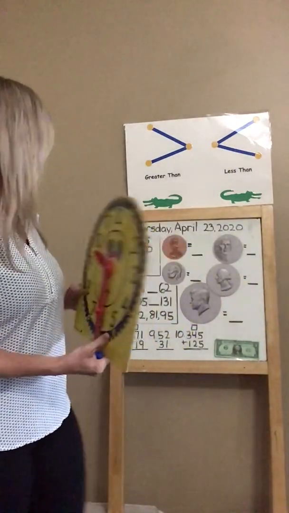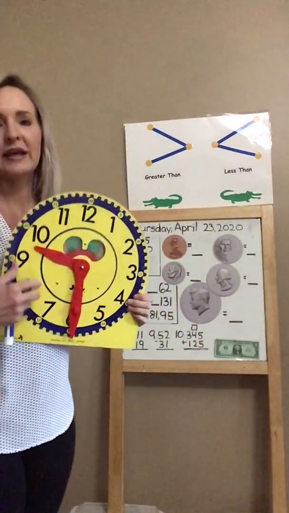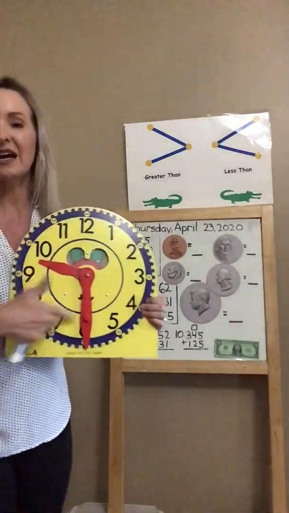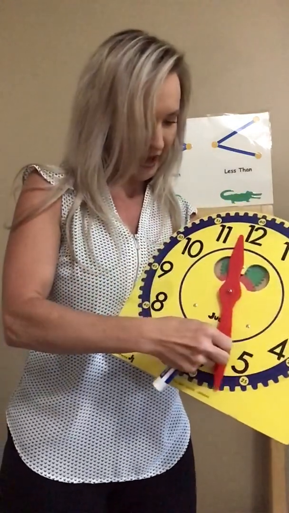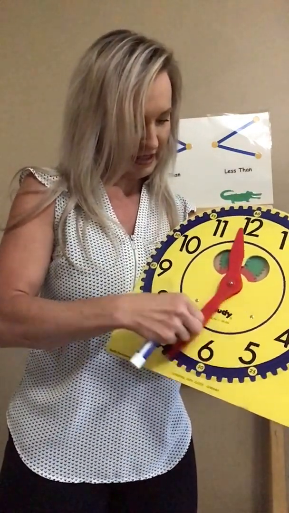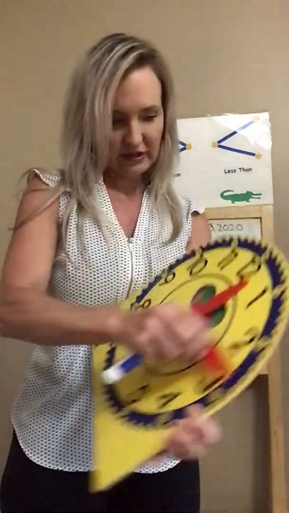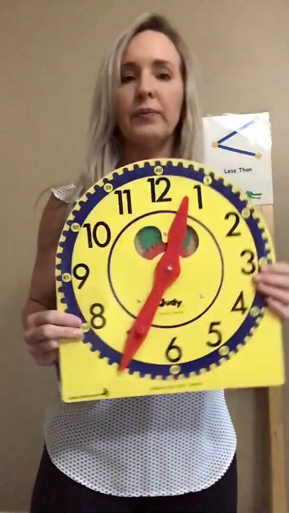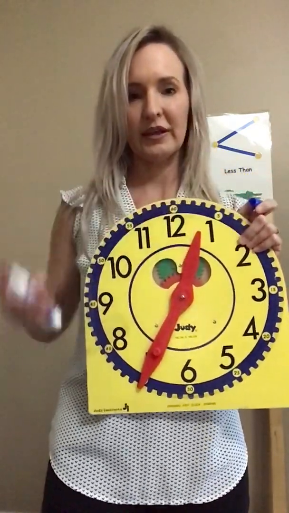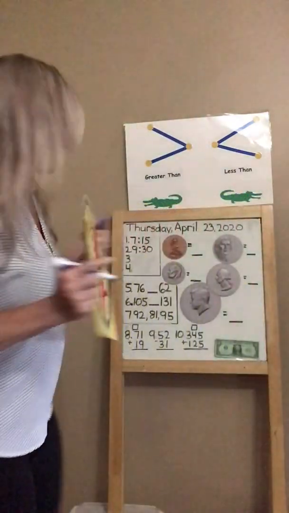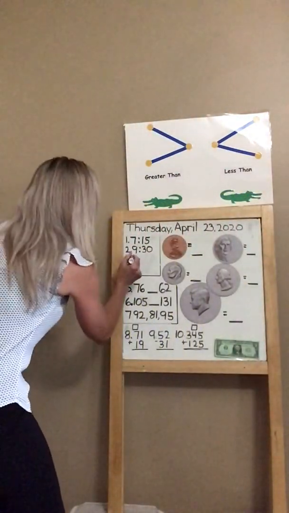Now, I'm going to do something different. I'm going to set a time on my clock, and I want you to write this time on your whiteboard. Here we go. I'm going to challenge you here. Remember to pause it at any time if I'm moving too quickly. Let's check your work. You should have written